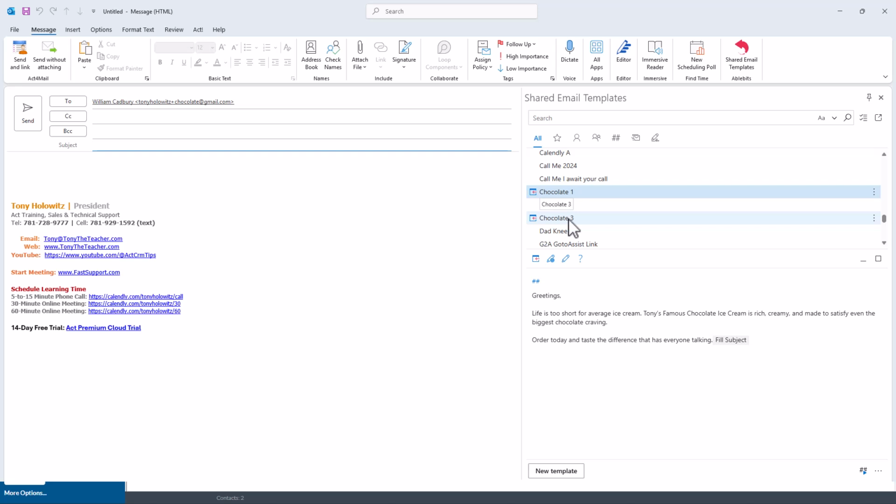So this is just one way you can use this tool. The shared email templates is $36. They have a team edition, so you can write these emails and share them with your team. So one person can write them, and then you can have a systematic approach within your team for sending these out. So in other words, I write it, but all the members of my staff could use this. So it really changes the way you think about email because it makes it so quick to send out an